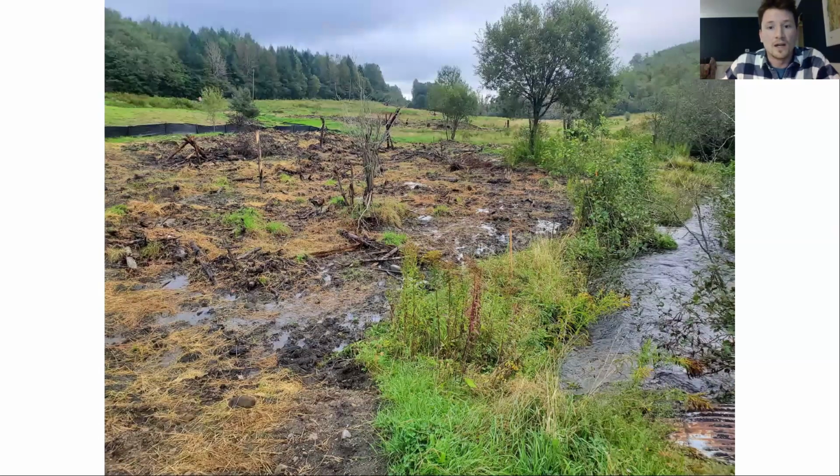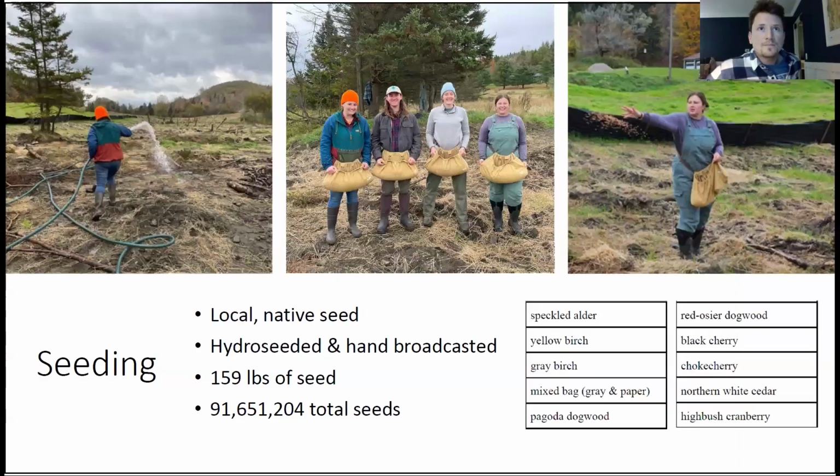And we got a lot of floodplain connection already. We've had a bunch of rain events since August when this was completed, and the floodplain's functioning. It's getting wet. It's not washing away. We're seeing vegetation pop up. And what we did was a native wetland seed mix, but what we also are doing is we're trying this new approach. We call it hydro seeding and direct seeding.